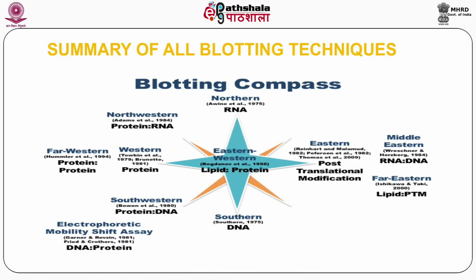And then the summary of this entire thing, this is the most important slide, where you are going to see the different kinds of blots: the northern blot, the southern blot, the western blot, the southwestern blot, the northwestern blot, and the far western blot. If you use a combination of all of these blots, you are going to integrate a large number of different variables within the cells. You are going to delineate a large amount of information about what is the nature of the DNA, what is the RNA transcript that comes out, what kind of proteins are there, and what is the function of this one. All of this information you can use through the combination of the southern, western, northern, southwestern, northwestern, as well as the far western blots.